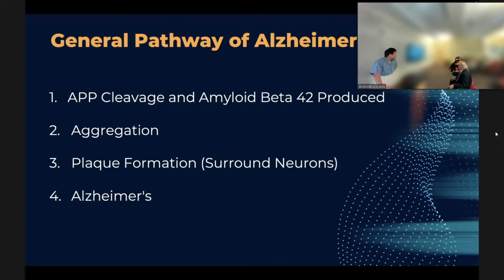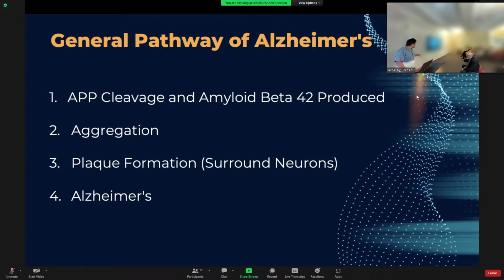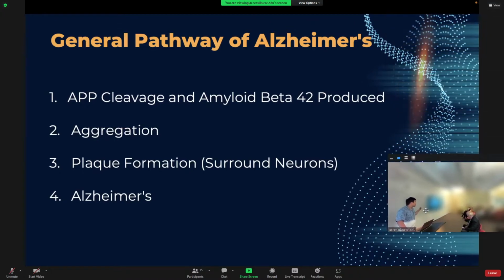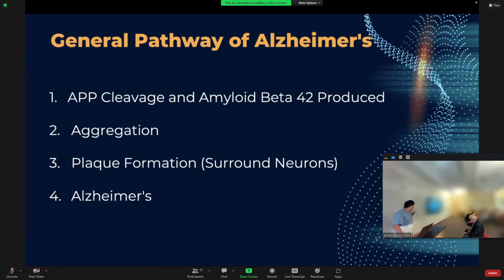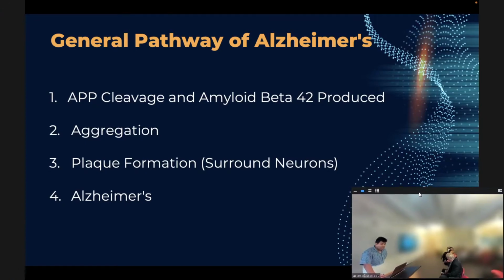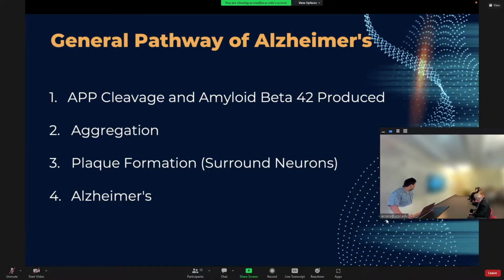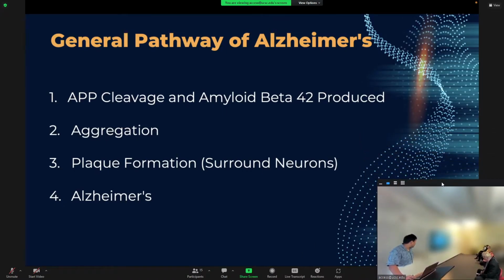So, recap, the general pathway of Alzheimer's. First, amyloid precursor protein is cleaved, and what's produced is amyloid beta 42. Then aggregation occurs. Monomers, single peptides of amyloid beta 42, come together to create oligomers. The oligomers come together to create fibrils. Then fibrils come together, or a portion of them, to form plaques. The reason these are not good is because plaques tend to surround neurons, and they can disrupt normal cell function. And disrupting normal cell function can lead to